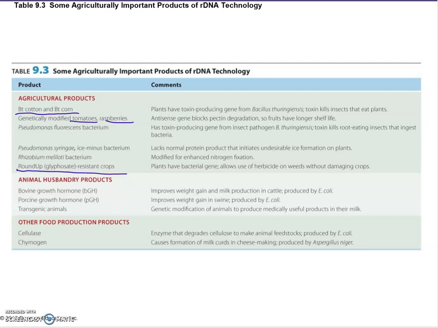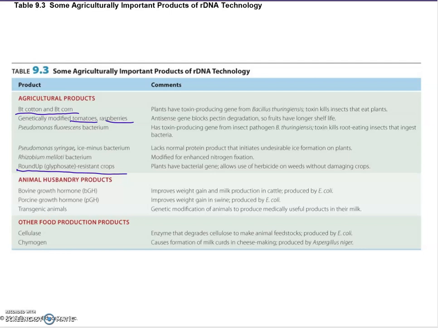There are some other products that are listed here: the bovine growth hormone, porcine growth hormone, and transgenic animals. They're done with this biotechnology, and then other food production products, cellulase, chymogen. Well, anyway, you may have seen on milk labels that something was not produced with the use of RBST,